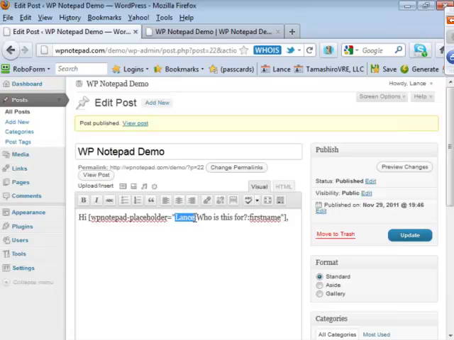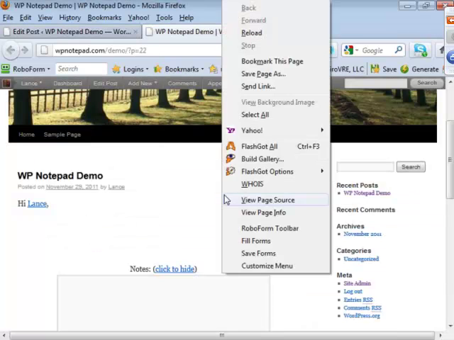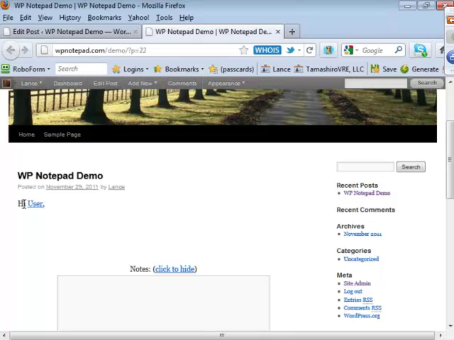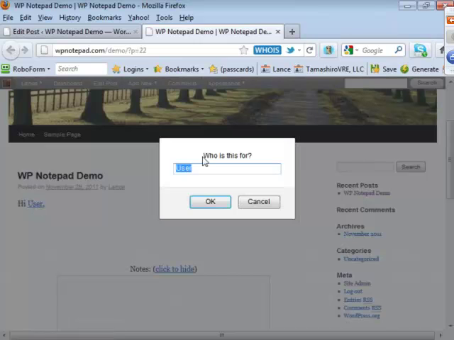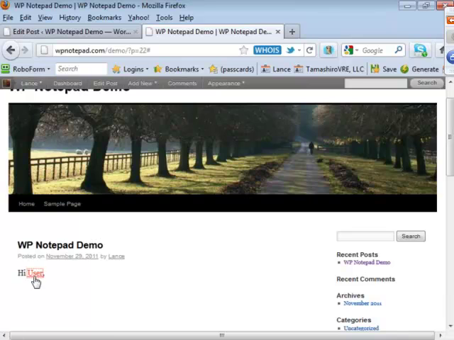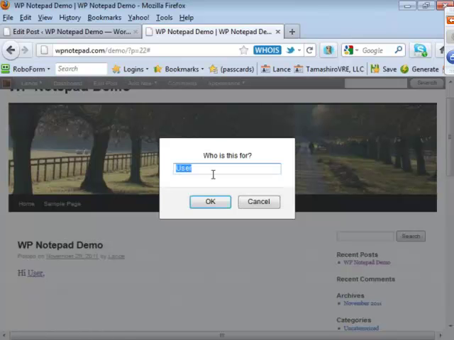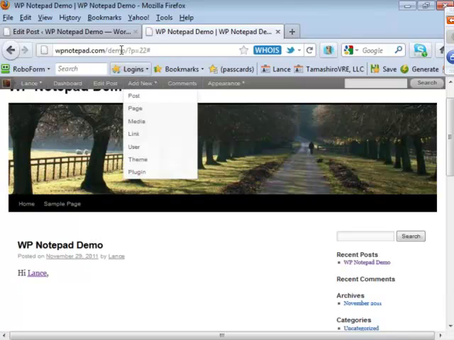So there are 3 arguments here, and they're separated by these colons. So whatever I put in here, if I don't want it to say Lance as a default, I can say user, and then watch what happens. When I update this, I go back to the site, hit reload, and now it says hi user. And remember, anything that I click on here now says who is this for? So when I click on this, I can say hi user. Well, I don't want to say user. I want it to say who is this for? We'll put Lance again. And now it changes for me.